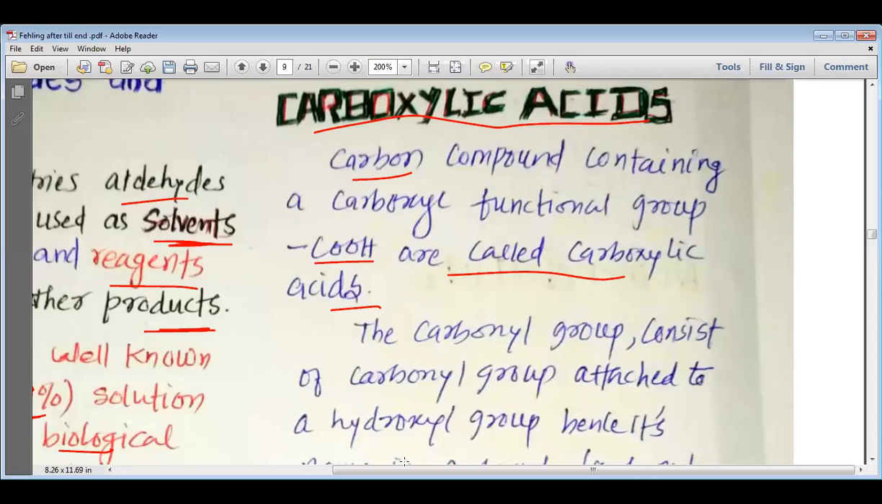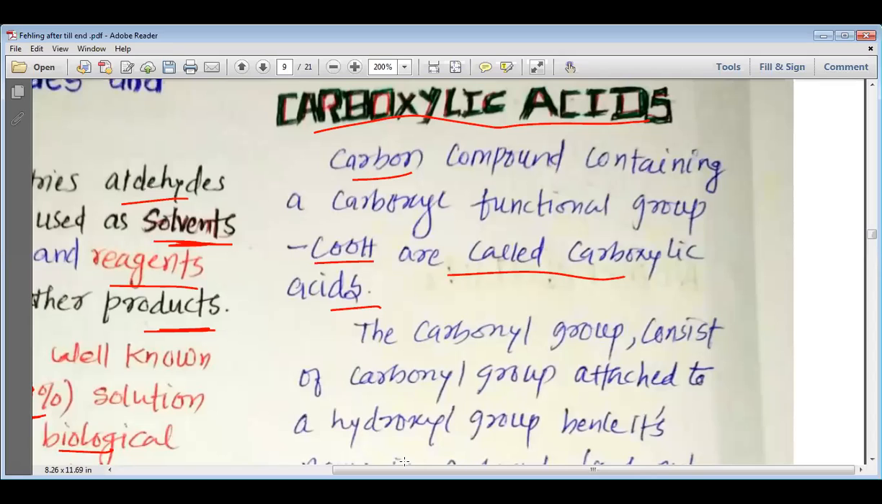Formaldehyde is also used for the preparation of many other polymers, my dear students, and many other products. Then, my dear students, we have acetaldehyde. Acetaldehyde is primarily used as a starting material in the manufacture of acetic acid, ethyl acetate, vinyl acetate, and many